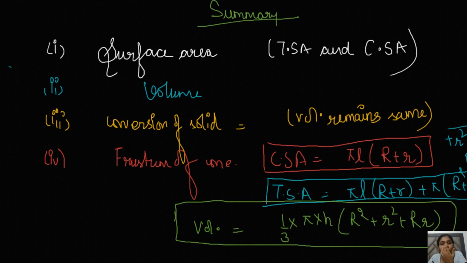So this is all for this chapter. I hope you understand about this chapter, you understand how the questions can be solved. So basically this is the end of unit number 6, that is mensuration. And from tomorrow, in the next lesson, we will be starting another unit, that is unit number 7, that is your statistics and probability. That is the easiest unit of the whole mathematics. And then we will just have revision of certain formulas, and that's all for our syllabus.